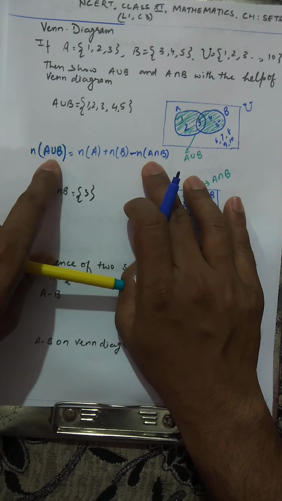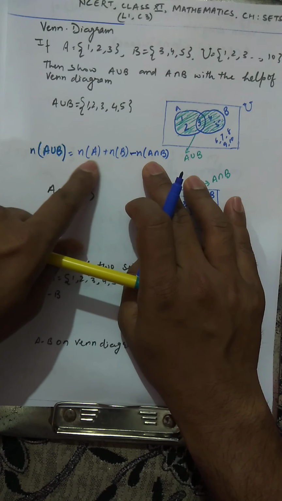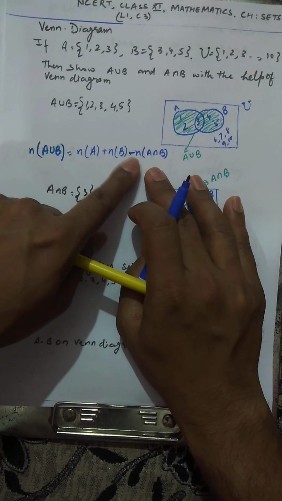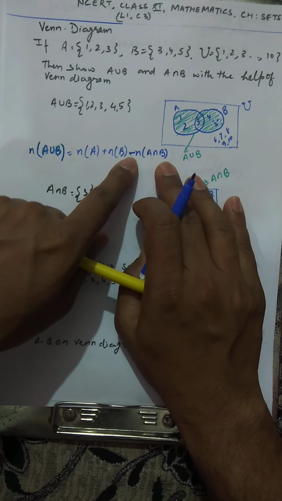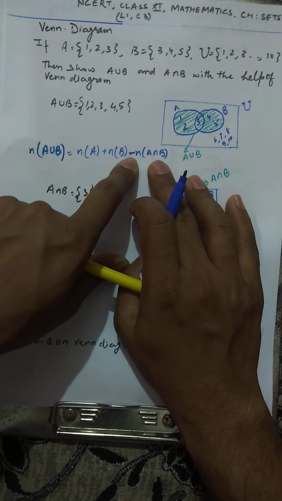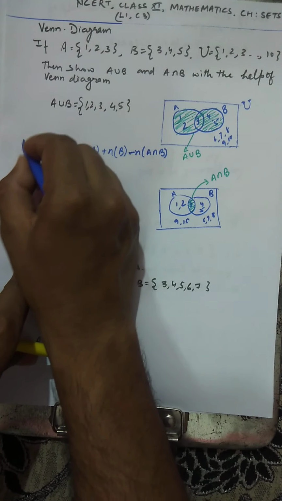The number of elements in A union B equals the number of elements in A plus the number of elements in B minus n(A intersection B), because I am subtracting n(A intersection B) once, since I have counted that area twice. So one time it has to be subtracted. So this is a very, very important formula